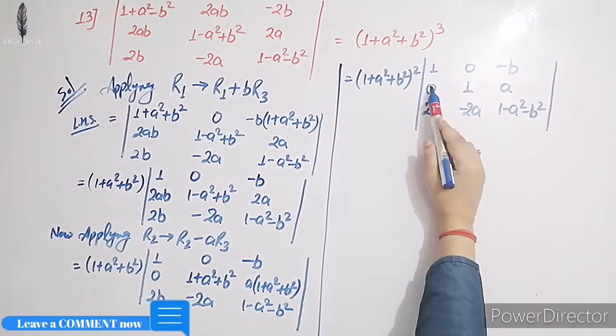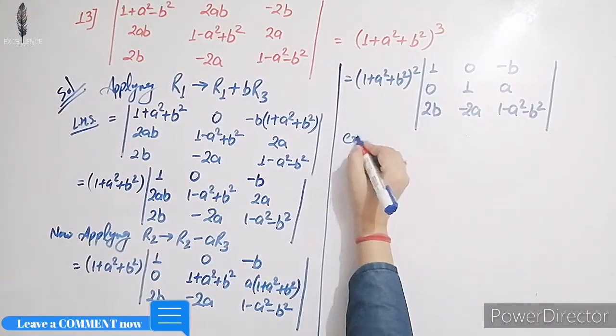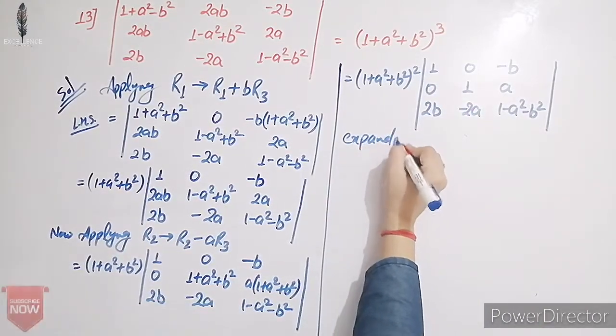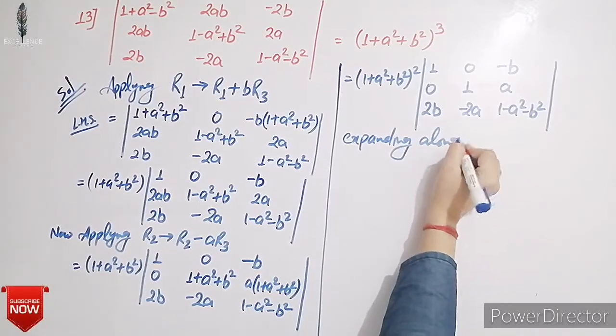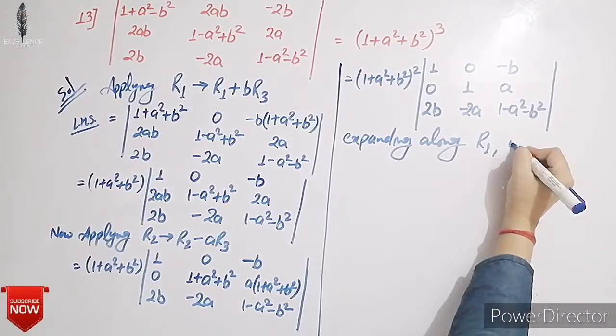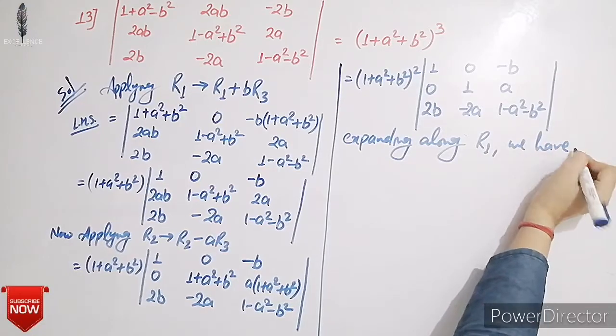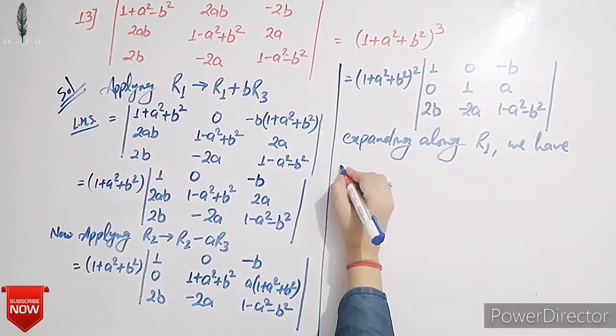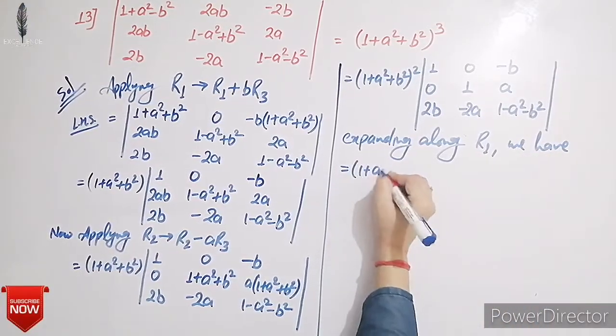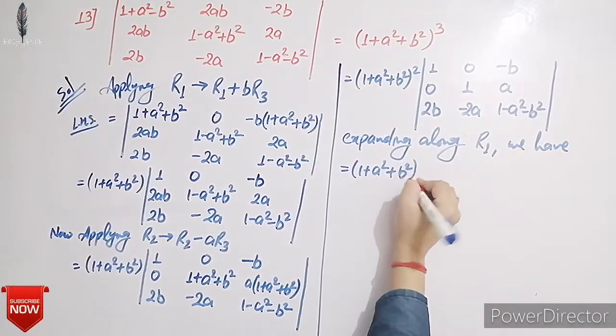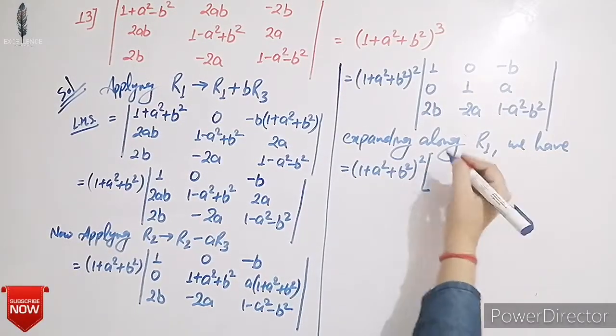Now expanding along R1, then we have it is equals to 1 plus a square plus b square whole square into